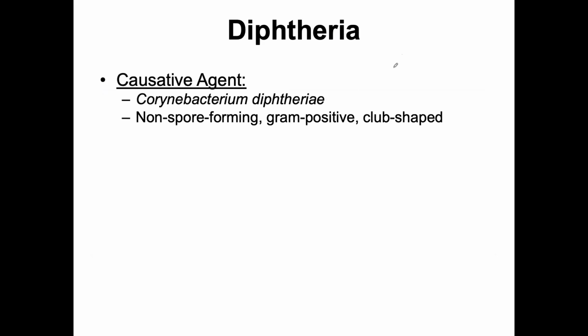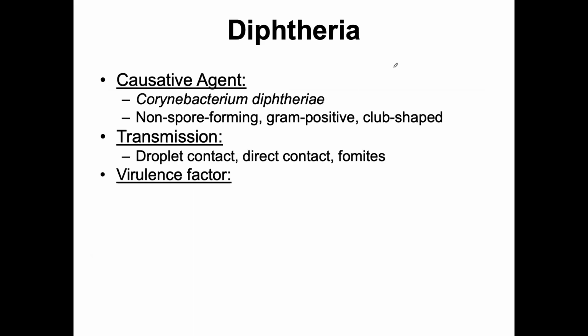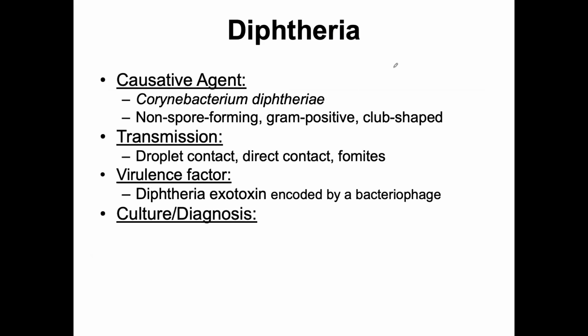Diphtheria is caused by Corynebacterium diphtheriae. It is a gram-positive club-shaped bacteria, okay? So it's going to be purple and it's going to have one end that's kind of swollen and the other end is smaller. Transmitted by airborne and fomites. It has an exotoxin, okay? That it was actually brought into it by